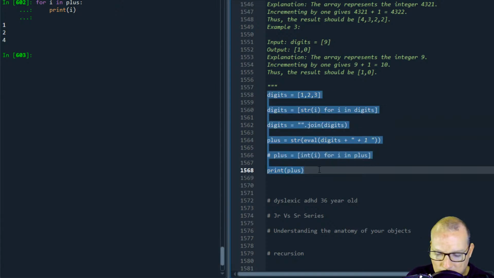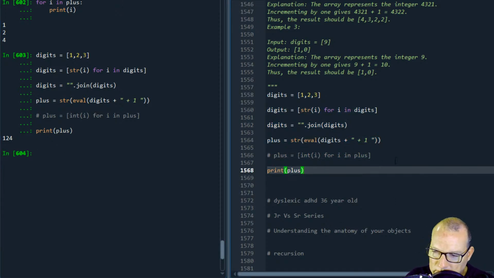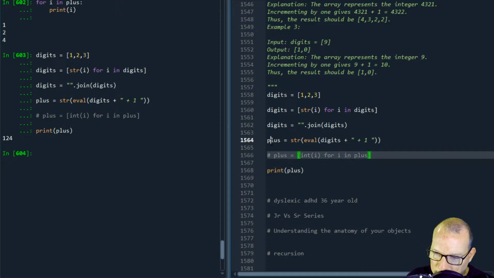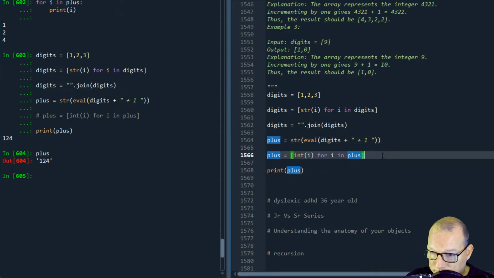So we're back to here. All right, let's go through this step again. Right now, plus is a string, excuse me, not an integer. So it's a sequence, so I can iterate through it. I throw it into a list comprehension, and as I'm iterating through my string with my temporary variable, I'm casting it